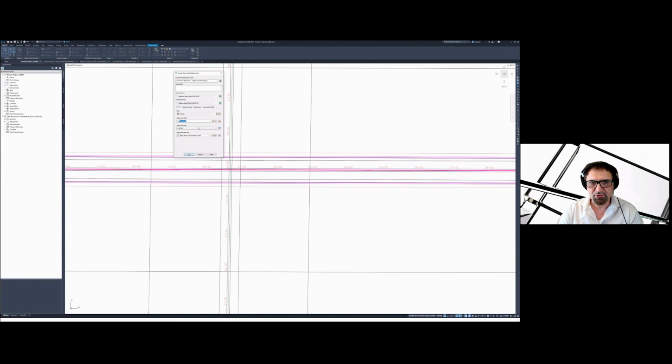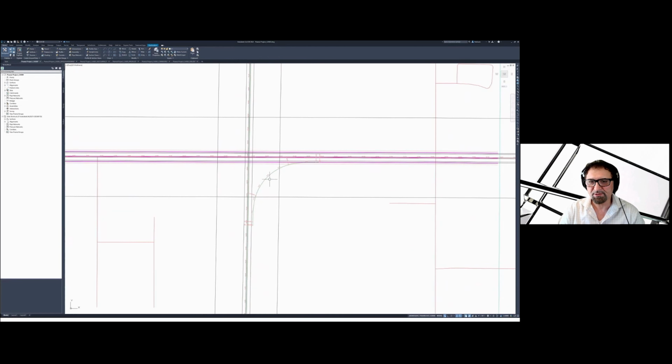After that, I will get this control, and I can use the design criteria. I can control the parameters. For example, in this case, I'm going to go with the radius that's 350. Also, you can design a connected profile. And when I click OK, that connected alignment will be designed in such a way. And of course, I'm not going from the widened alignment. I'm going from the original edge of travelway. So if this is the off ramp, you can also disconnect.